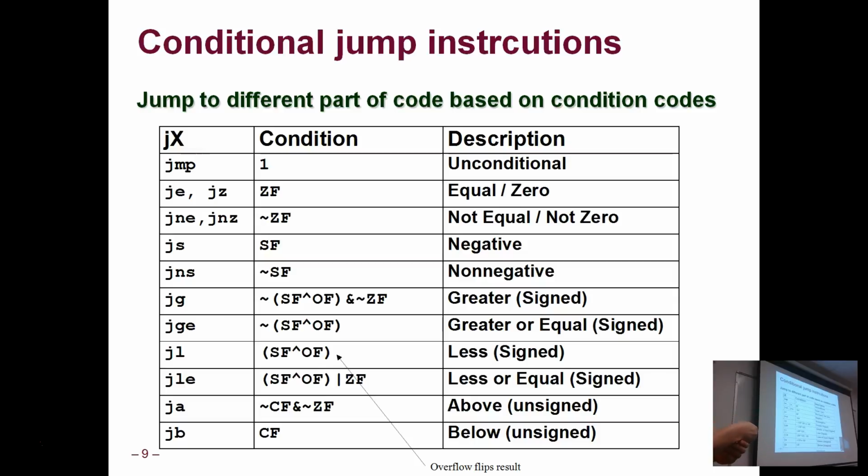Similarly, you have the sign flag and the complement of the sign flag for negative and non-negative. Greater than or equal to, you're basically looking for the sign flag but not the overflow flag. And these aren't obvious, but these are basically making sure that you not only look at the sign flag, but whether or not the overflow flag also got set. Because if you have both an overflow condition and a sign condition, you have to handle that overflow case. But I'll skip those